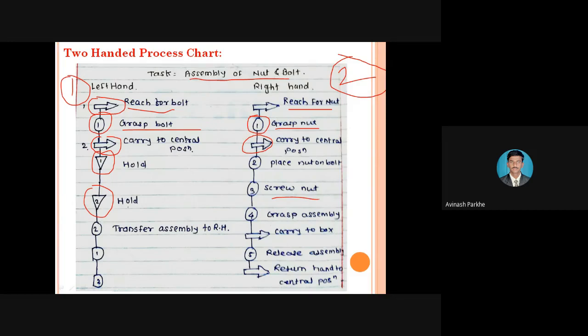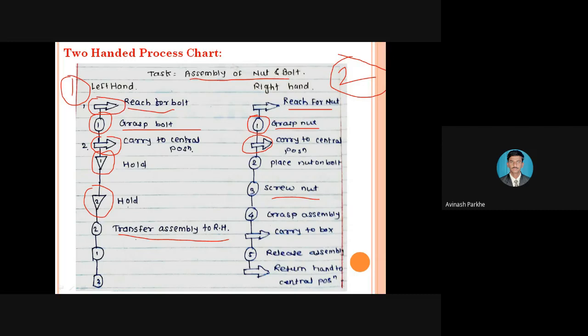Look, if we take the nut and bolt in our hands, first we keep the bolt stationary, place the nut on it, and rotate the nut. That means only the movement of the right hand is taking place, but at the same time the left hand is totally stationary. Once the screwing is over, I will transfer that particular nut and bolt assembly to the right hand. Once the assembly is done, I take the nut and bolt from the left hand. It will now be in the right hand only, and I will keep that particular nut and bolt assembly in one of the boxes, and further process will be taking place.